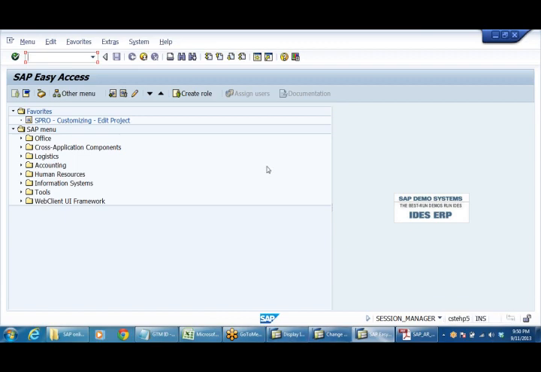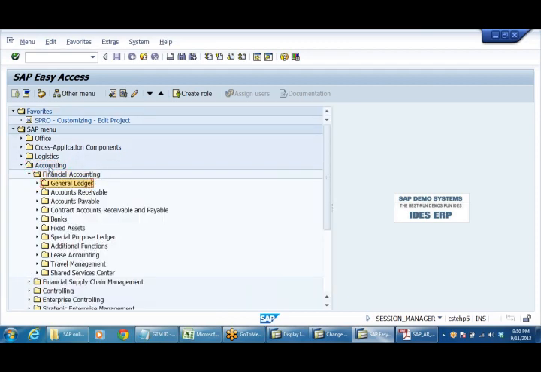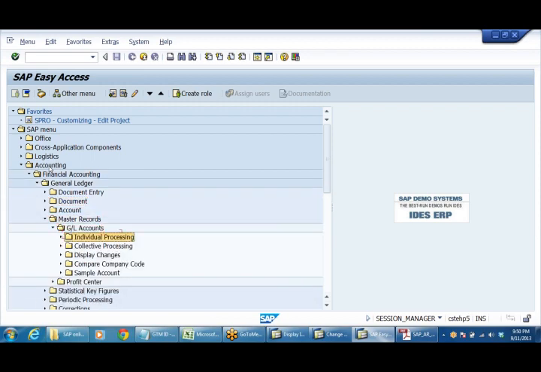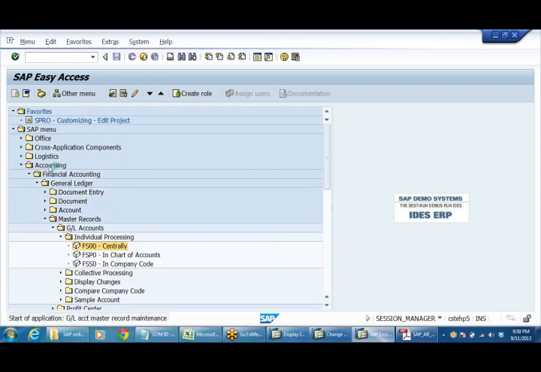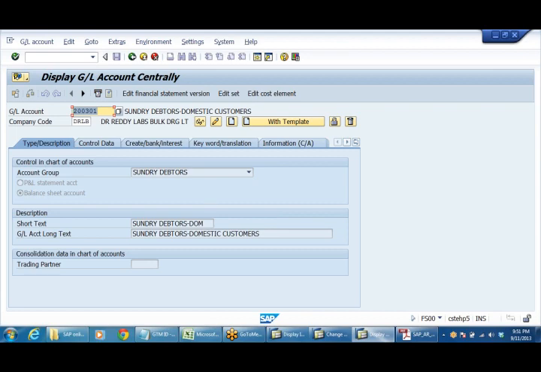Right, so we have used general ledger master card, GL accounts, FS00. Certain T codes you have to remember so that you can work fast. So in FS00 we have created, say, 200-301. So 200-301 is nothing but the sundry debtors account. What is sundry debtors? I told you already, sufficient to explain in the previous one. Right, listen to that session again.